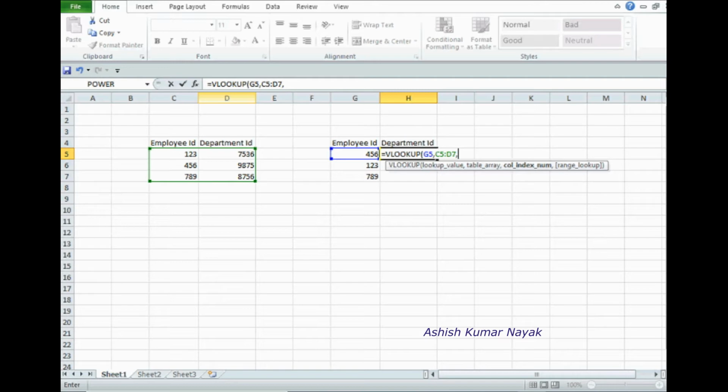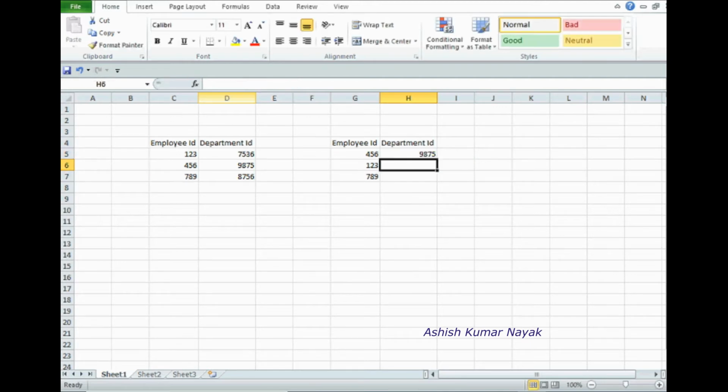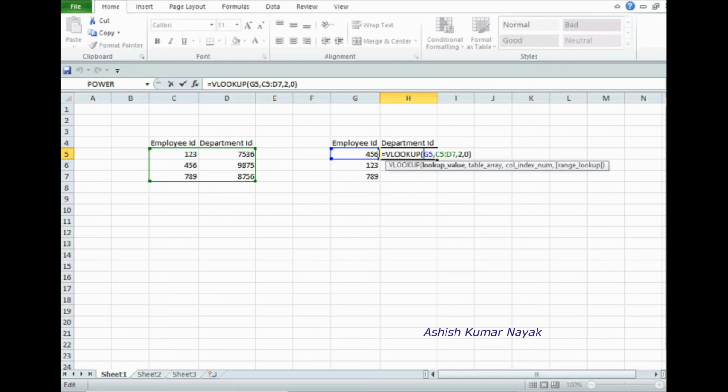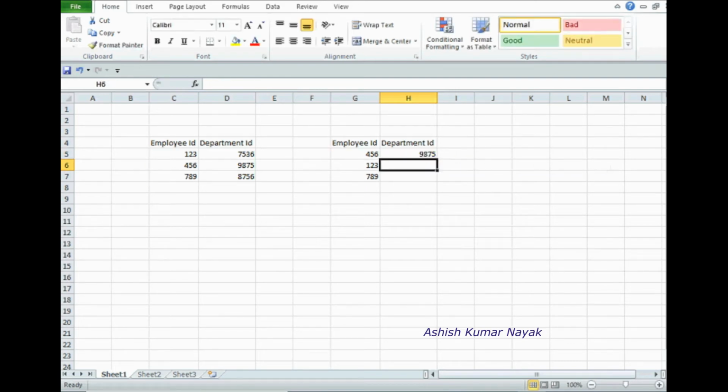Now type the digit 2, then type comma and type 0. Close the braces, press enter. Now this value is extracted. You can see here for the employee ID 456, the department ID is 9875 here.